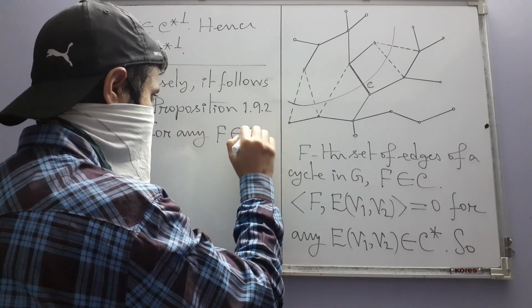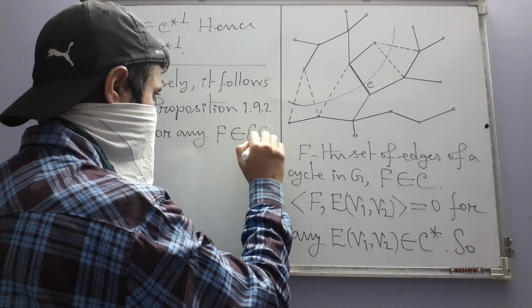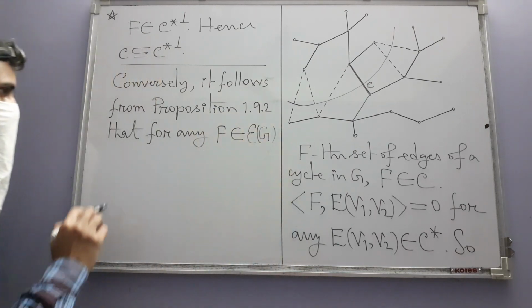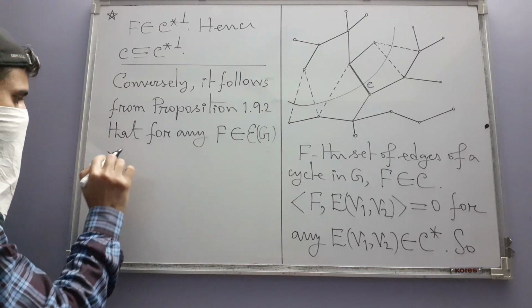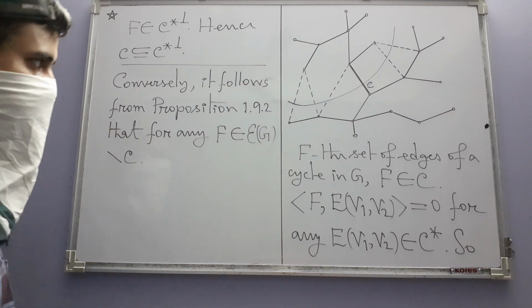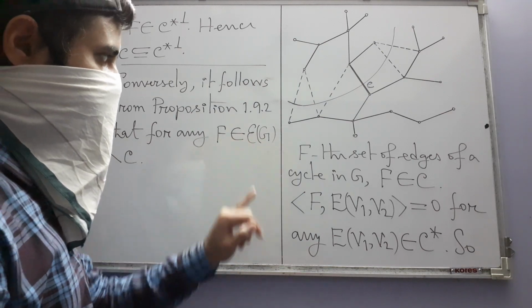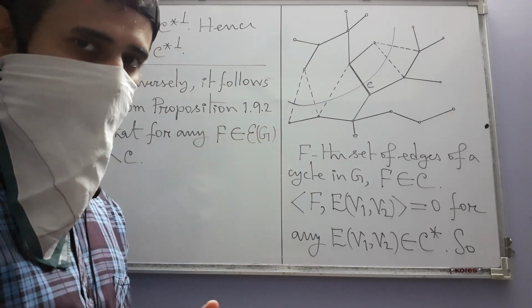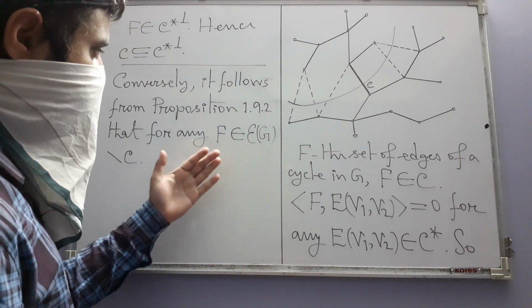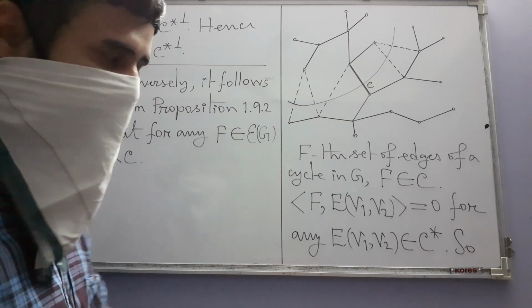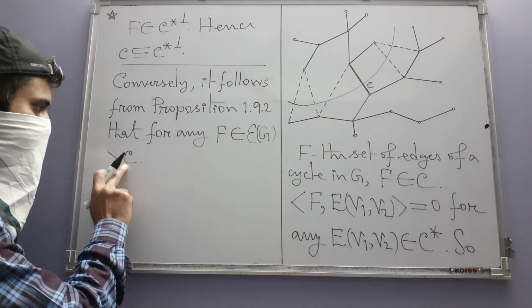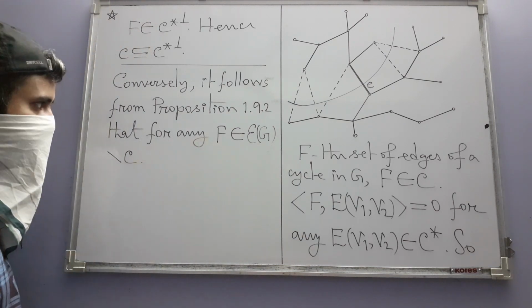Let me write like this. That is, if f is a vector in the H space of G. In other words, if f is a set of edges in G, but that is not a vector in the cycle space,